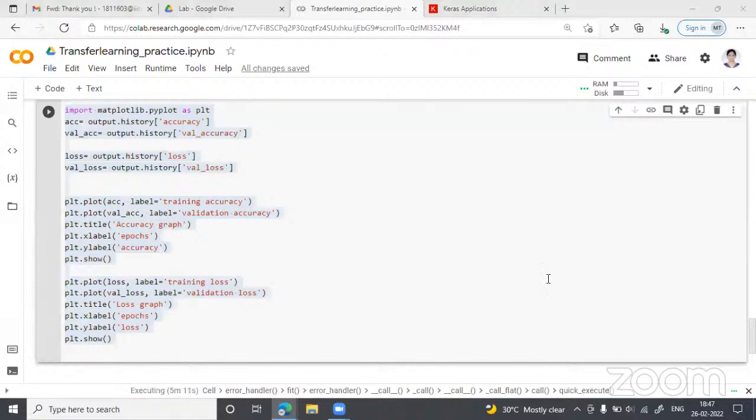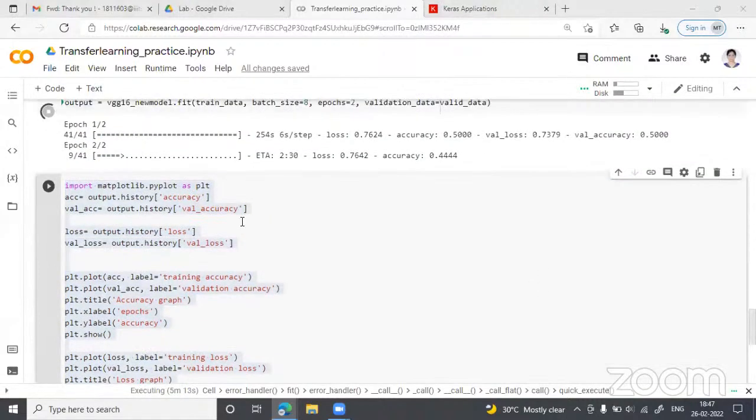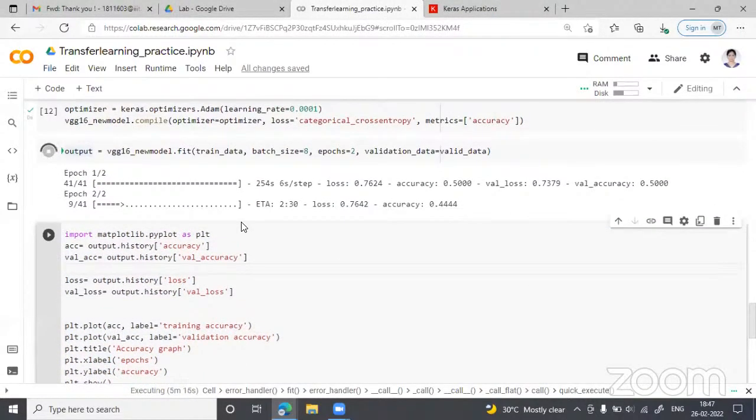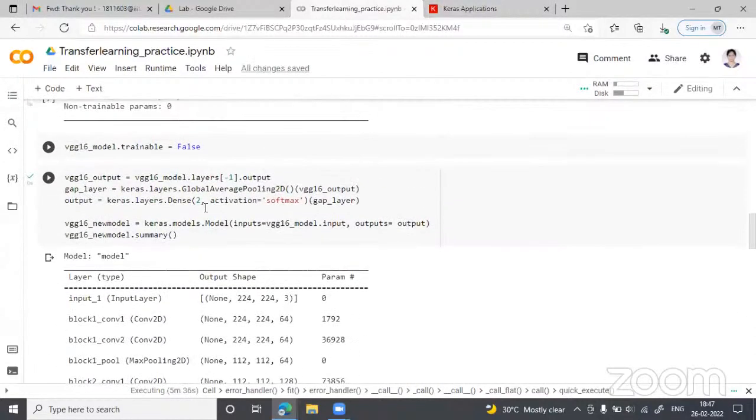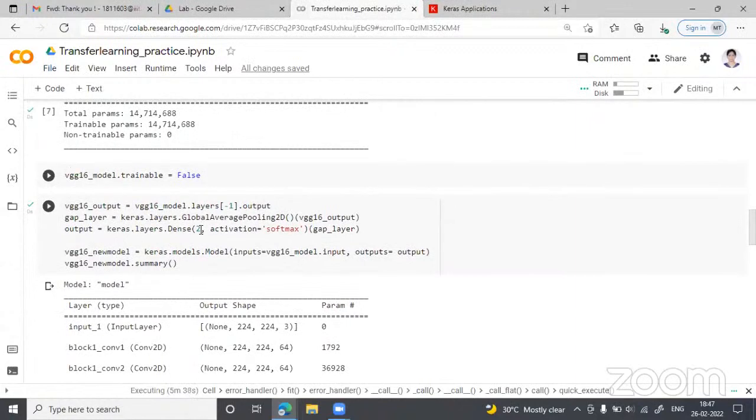So there are a few more questions in the chat box. What change is to be made if there are 4 categories in the application? So in this case, we are working with smoke and non-smoke data. If there are more than 2 or maybe 4 categories in your data, the very first change you have to do is you have to make it as